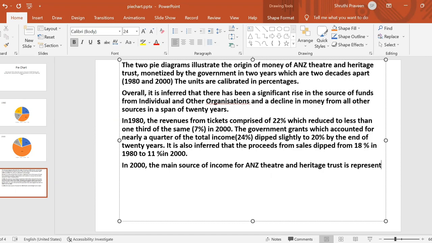So I'm going to use represented here. Is represented by